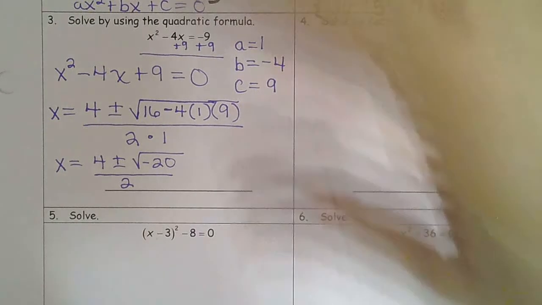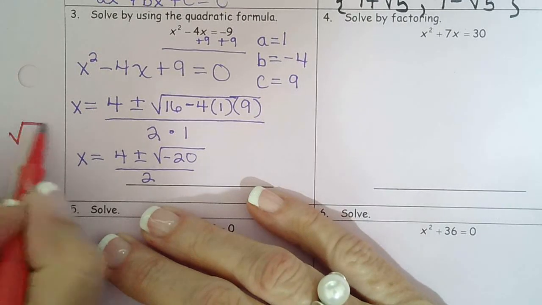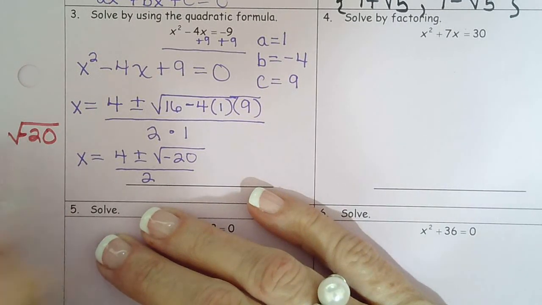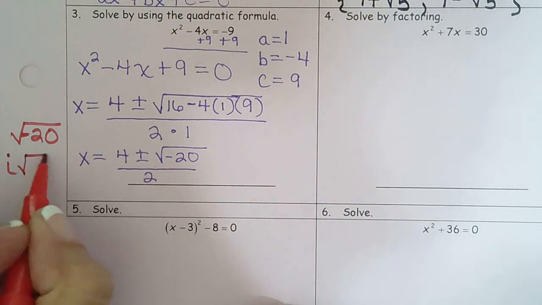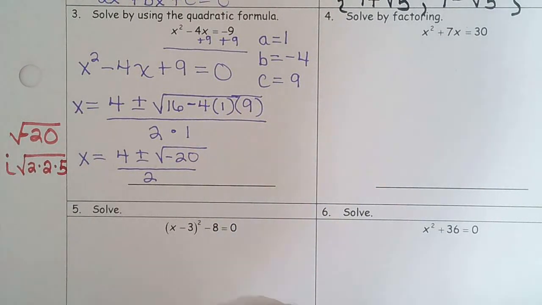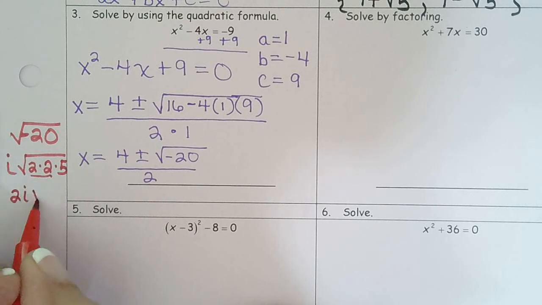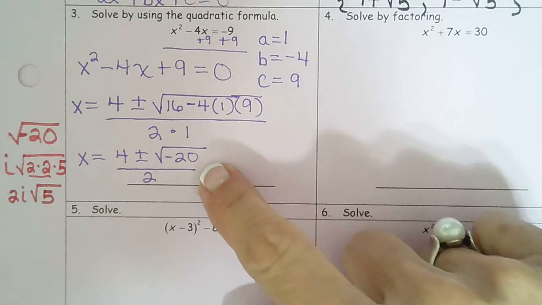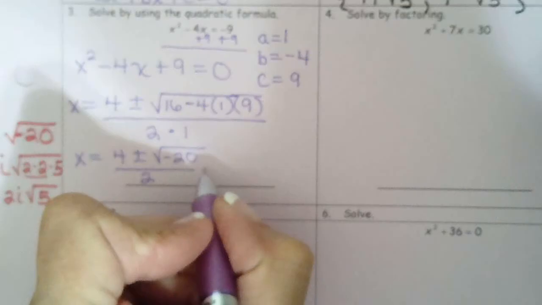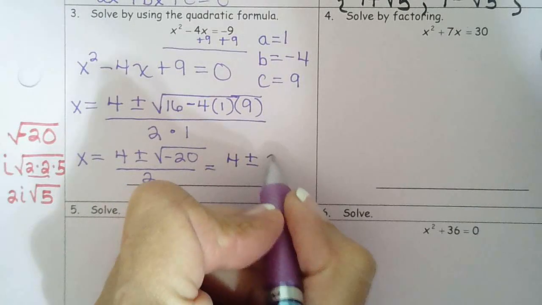Okay, so negative 20 square root. Like I said, the first thing you should do is bring that negative out as an i. And then 20 is 4 times 5, which is 2, 2, 5. And 2 2's come out as a single 2, so this would be 2i radical 5. So that's what we're going to put in place of negative 20. So 4 plus or minus 2i rad 5